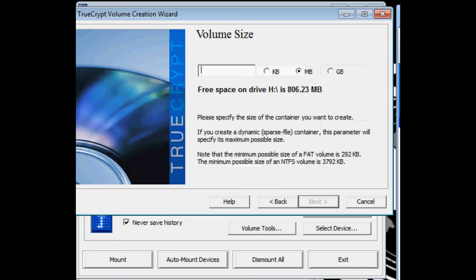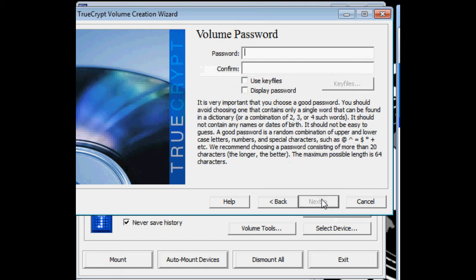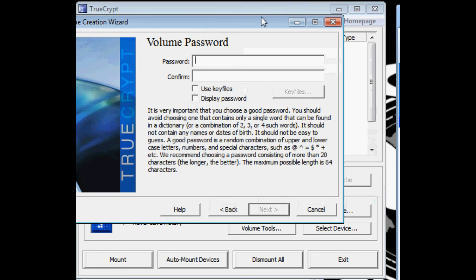Click next. Then input the desired value of the space that you want to encrypt. So choose 1 MB. Next, you make your own password. 1234 1234. So click next.